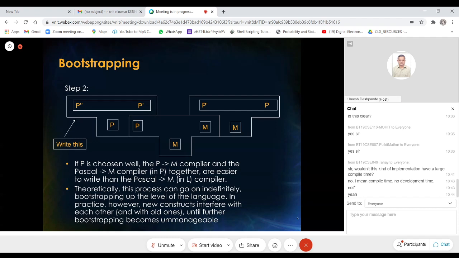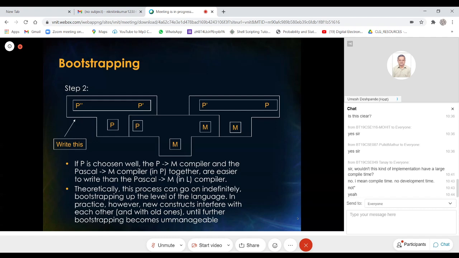And that's the ingenuity which was demonstrated by Backus. Initially, let's say he started with a small subset of Fortran, let's call it F0. He wrote the translator for F0 to the assembly language instructions. Let's say the assembler took assembly language in A. So he wrote the translator of F0 to A, and that was written in A. So we got an equivalent program written in A, which was then given to the assembler to generate the executable. And now we have support for F0.